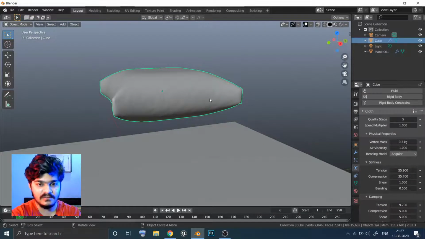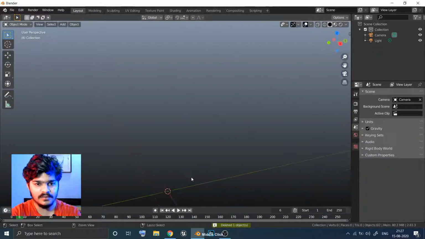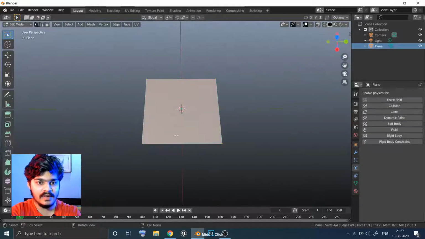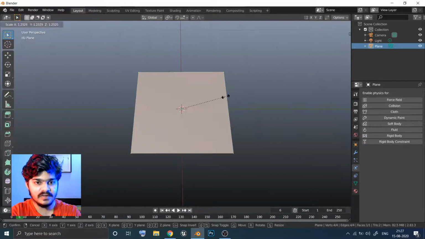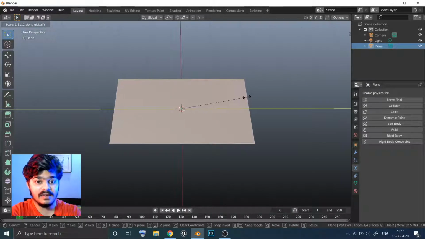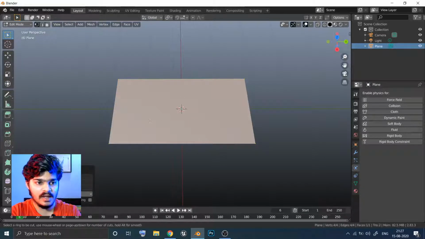So this is what we were at. We don't need it, so we are just going to delete everything out. Basically we want a flag, so we are just going to add a plane. Okay, and in edit mode we are just going to stretch it one way, because it should look like a flag. We are just going to subdivide it from the center, so that